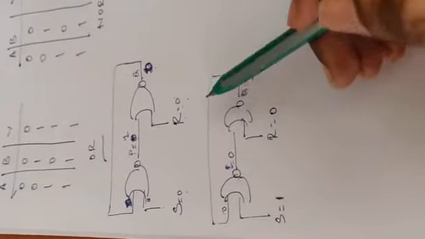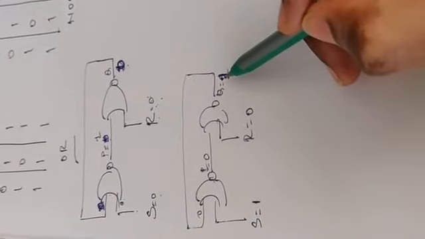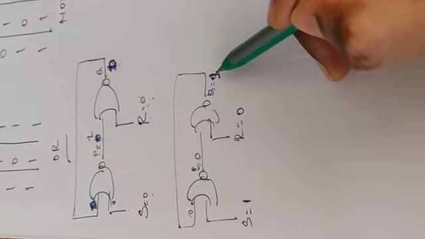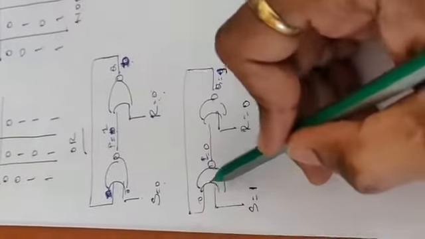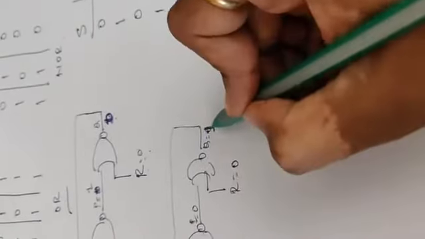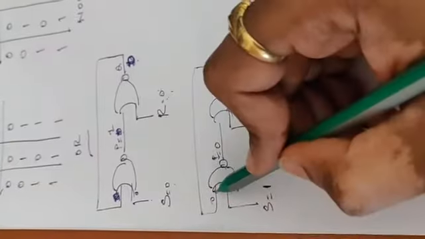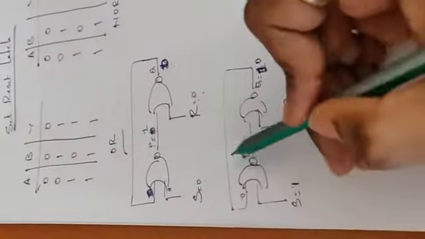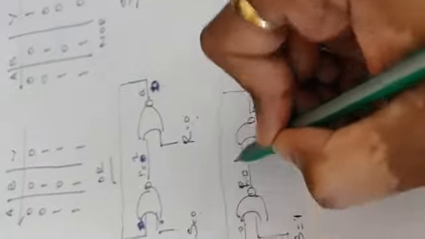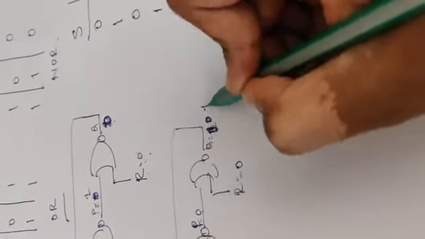Okay, but in the second circuit, at the beginning I took Q is equal to 1. Remember, I took Q is equal to 1, but after the first transaction, I took Q is equal to 0. I set S is equal to 1, R is equal to 0. 0 is passed back to 0 itself. 0 and 1 will be 0. P is equal to 0. So 0 and 0 is now 1. So now the Q is changed from 0 to 1.